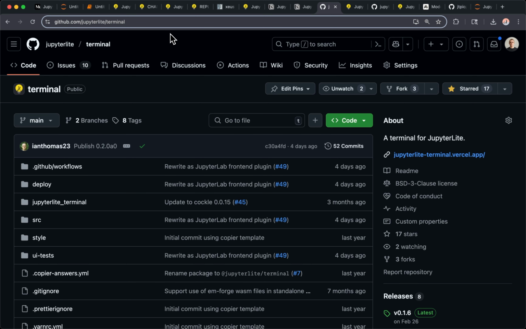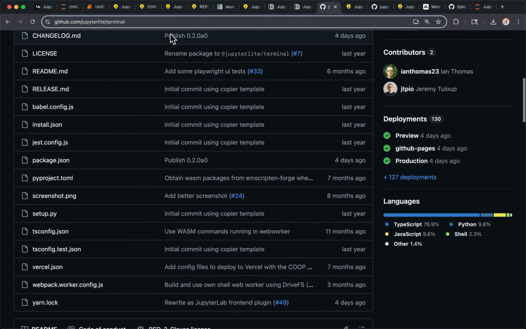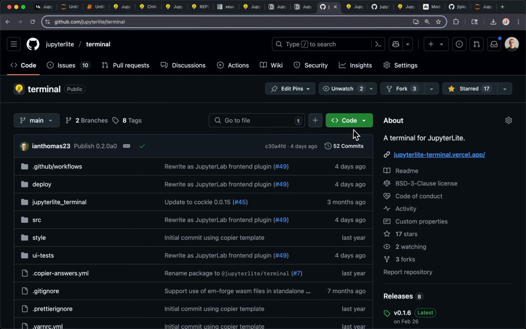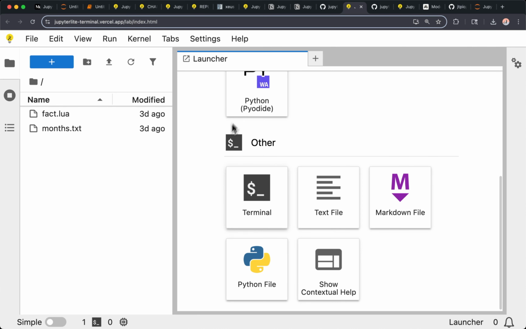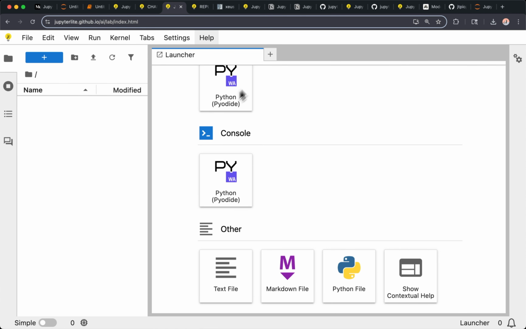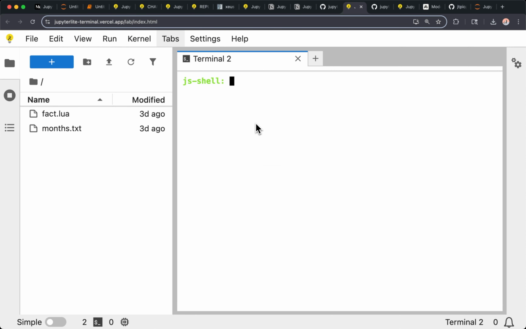Continuing the Jupyter-Lite story, it's not all about kernels, Python, and so on. There is also work happening to make a terminal work in the browser. And there is a demo here. If you go to the GitHub repo, you can just click on this link and it opens this one. Once you are here, you see the difference: we have a terminal icon. If I go back to the regular deployment, there is none because the extension is not installed. But here I can open the terminal,